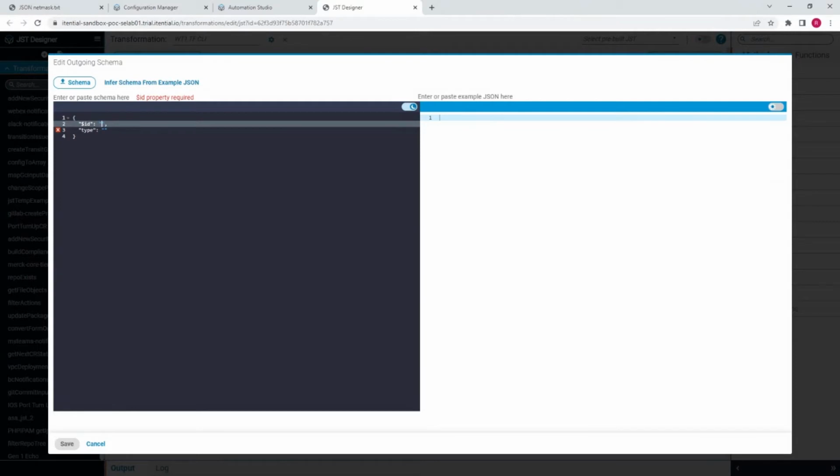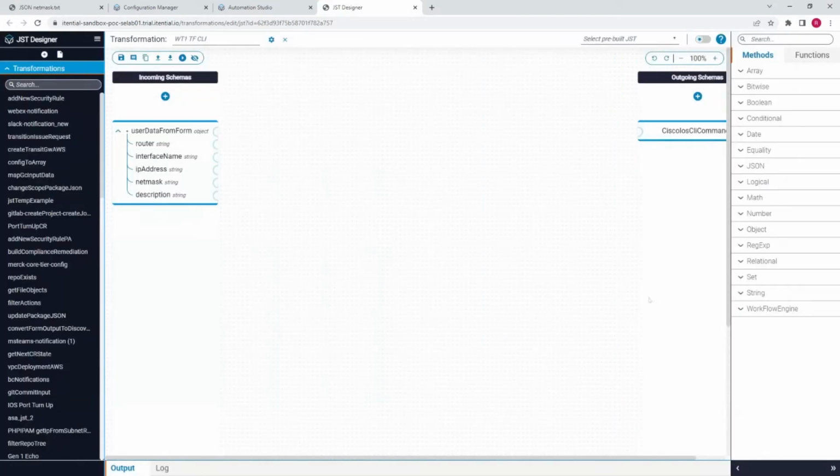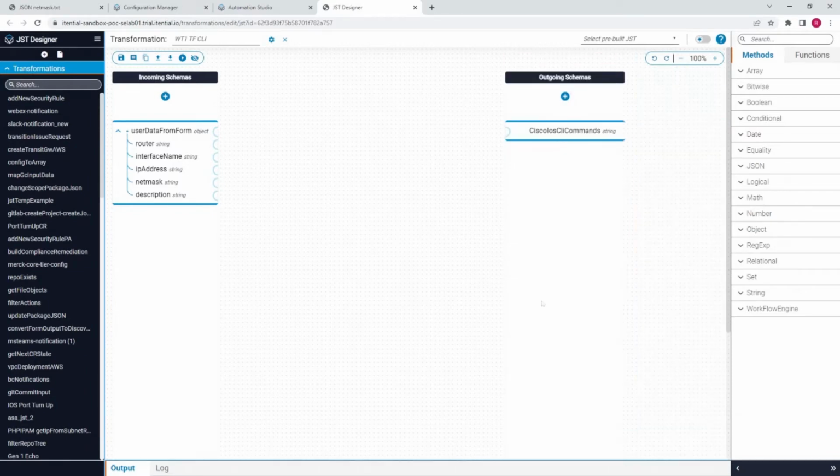So we have to give it a unique ID. So we'll call it Cisco iOS CLI commands. And this type is, we're just going to define it as a string. We just want the text information. Okay, so that's our output schema. Now, we're going to be able to map data through, but in this case, we need to really transform data in some way. Drop that here. Okay, so